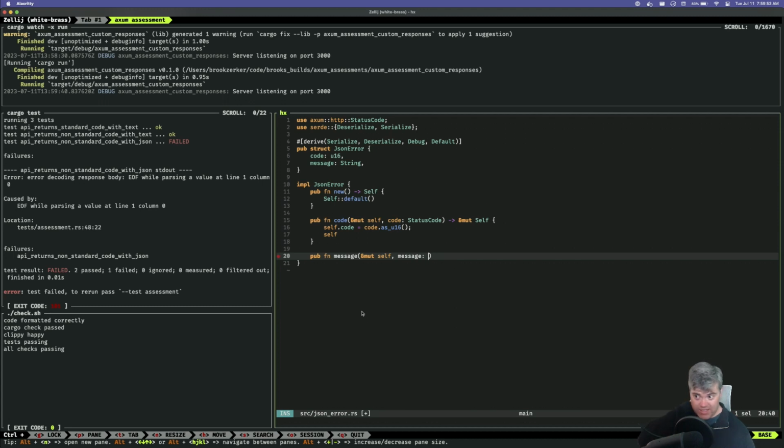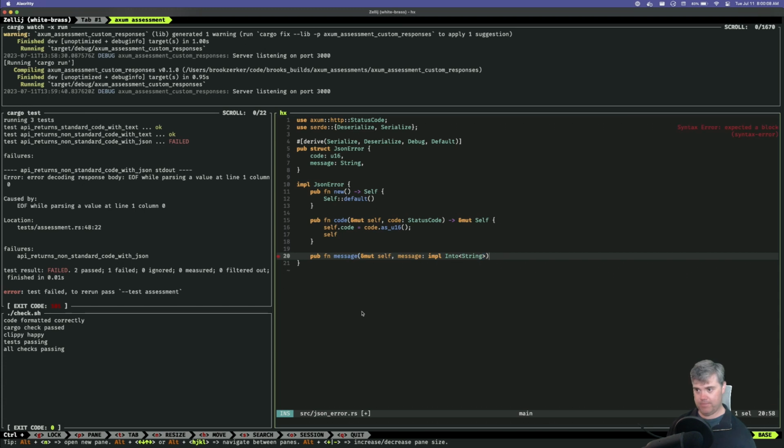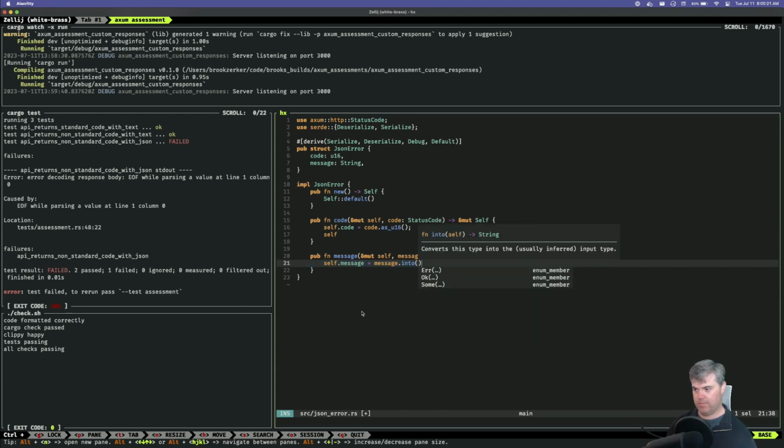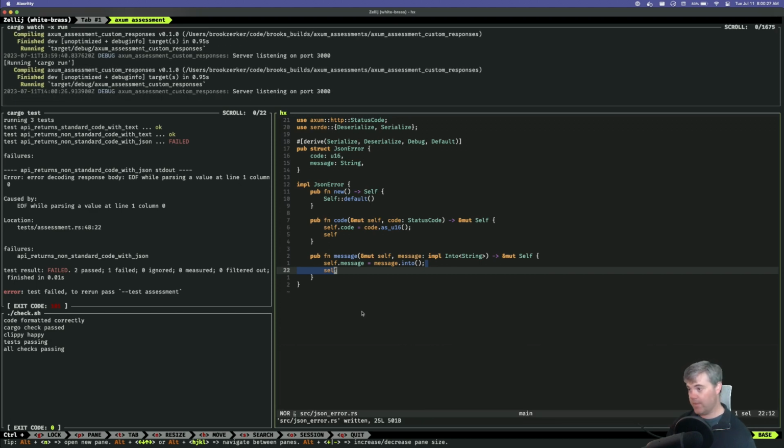Now, for something like a message, I don't want to only take in a string. I want to take in anything. So we can do something that implements into string. So impl into string. Okay, and so that gives me this JSON error.